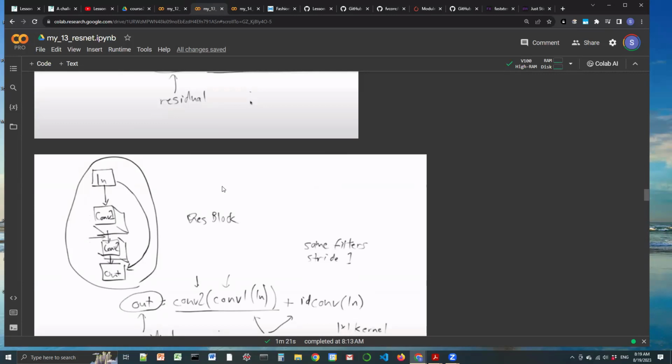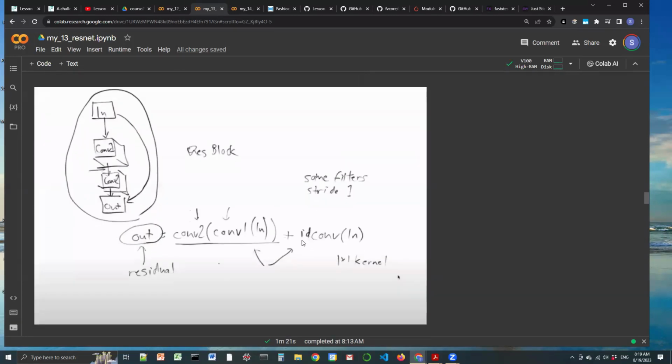So what the authors of the paper did is implement a very simple convolution here. In effect, they called this IDCon. It turns out that it's not just simply IDCon, as we'll see in a minute, but it's as simple as